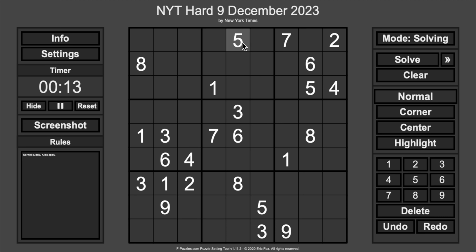Let's see. I've got two fives in these rows. So fives in one of those two spots in box one. 57286154. Okay, I'm done with the top three rows. The middle three rows,